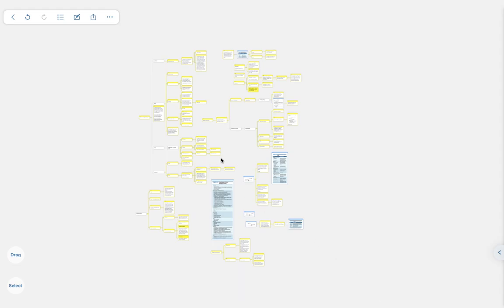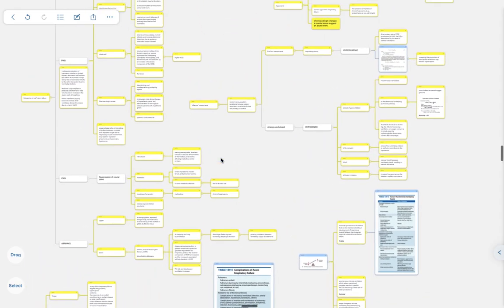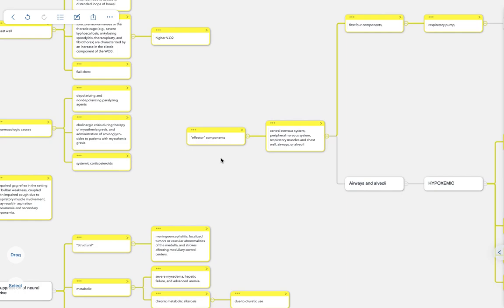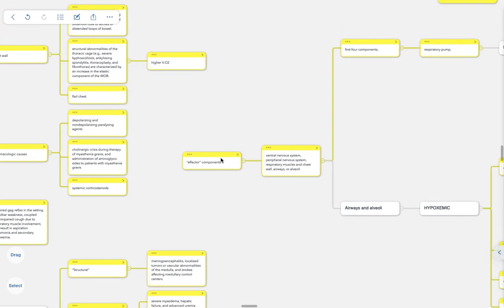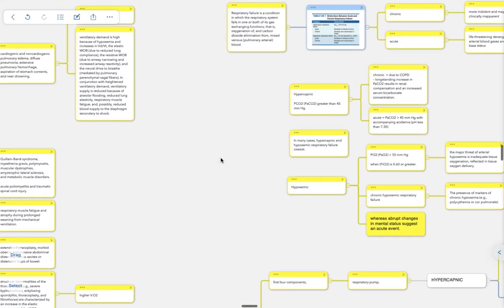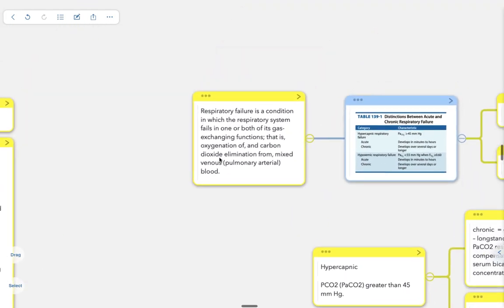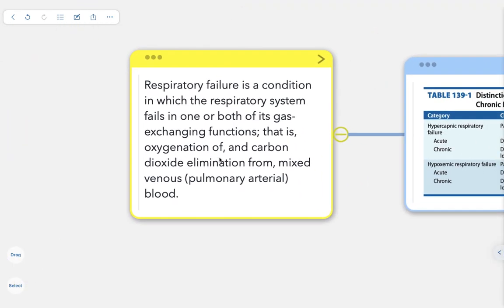Today we are going to discuss a brief memory map of acute respiratory failure from the book of Fishman. So let's first understand what a respiratory failure is. Respiratory failure is a condition in which the respiratory system fails in one or both of its gas exchange functions. Either there is a problem with oxygenation or there is a problem with the elimination of carbon dioxide from